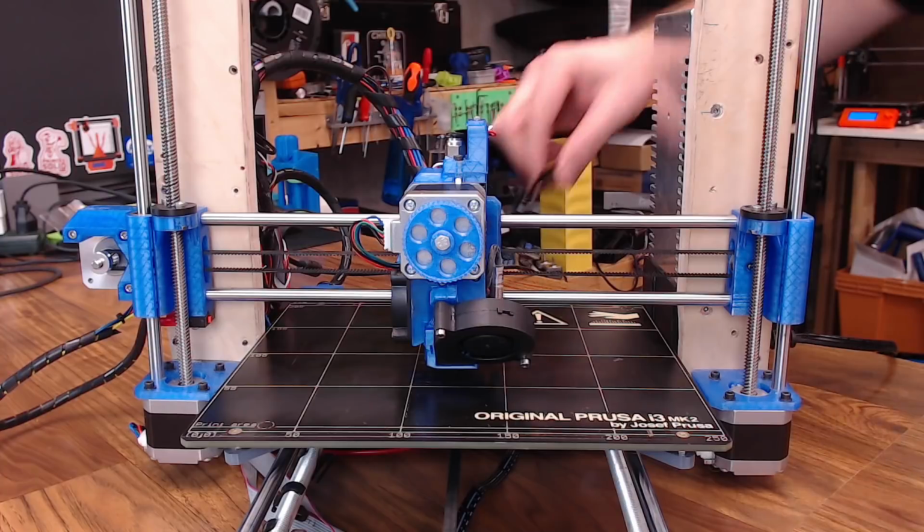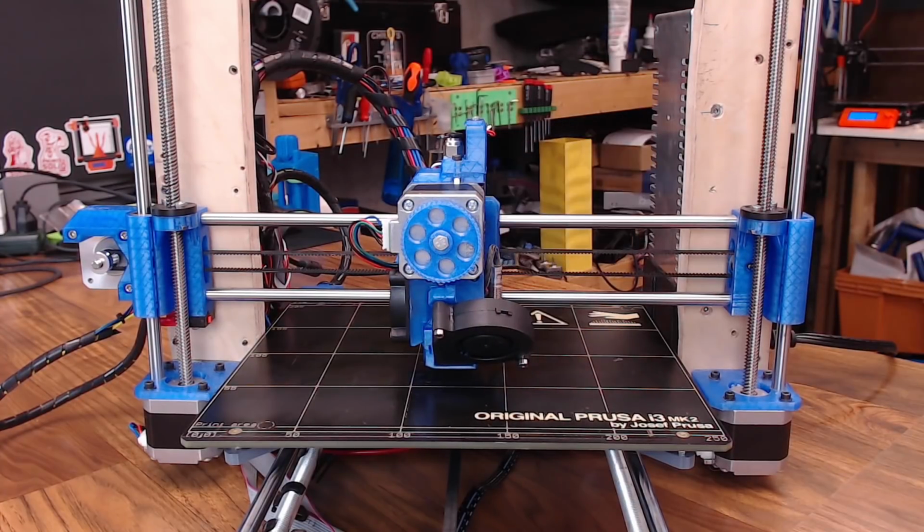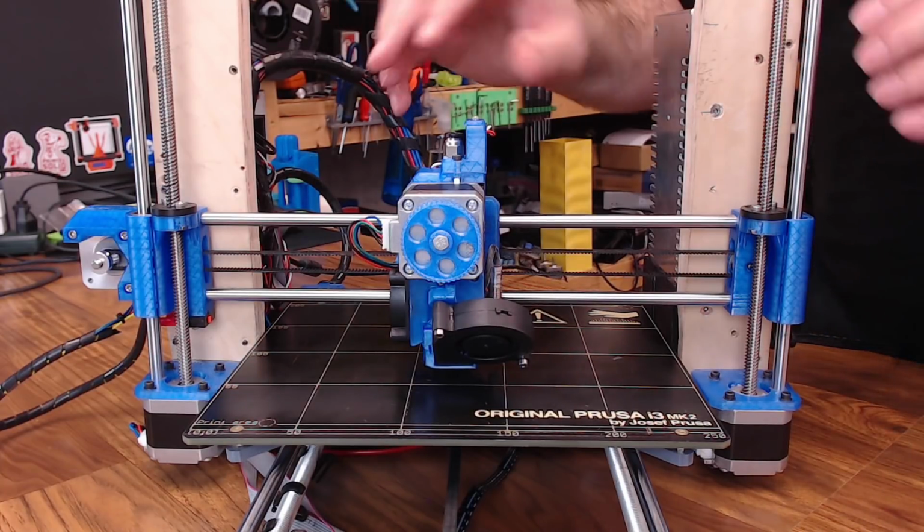And while you're preheated, go ahead and clean the nozzle off. We don't want any filament on it while we're trying to do this. And then we can go ahead and switch the hot end to off. After we're cooled off and we make sure the nozzle is clean, we're going to get to kind of the